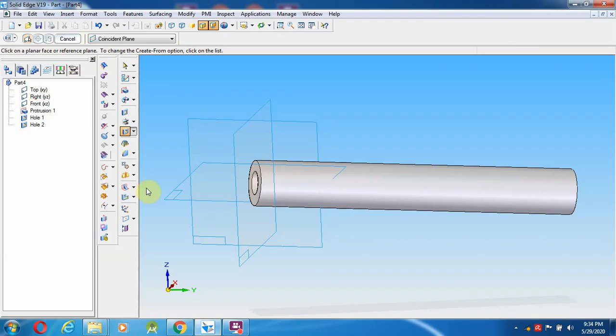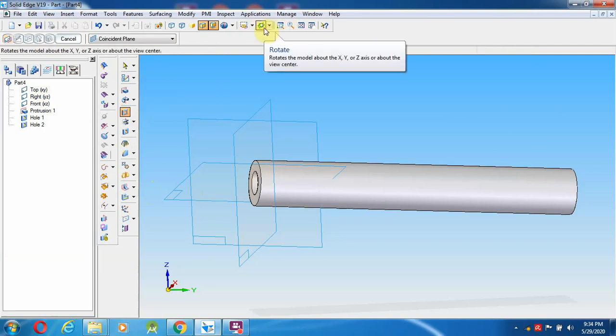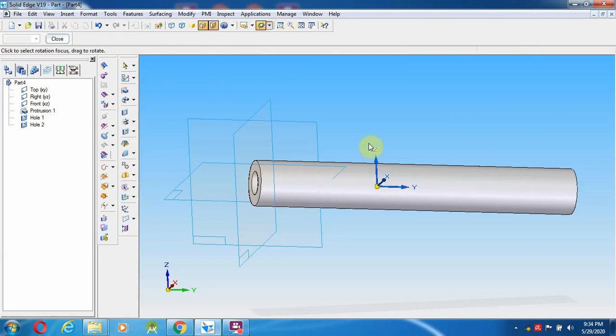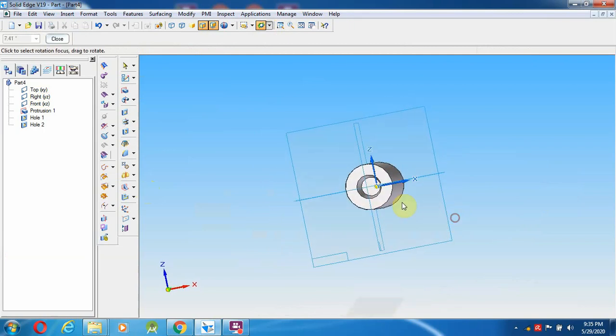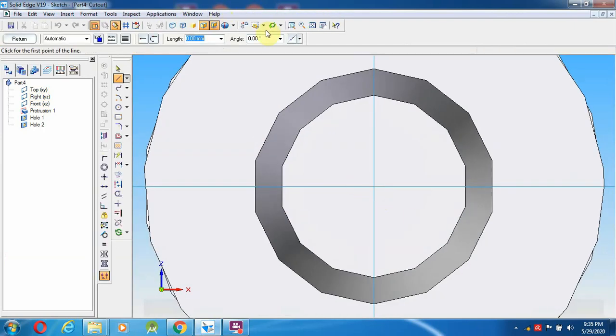So go over here, select a cut out. Now select the inside distance. The inside part is very important.